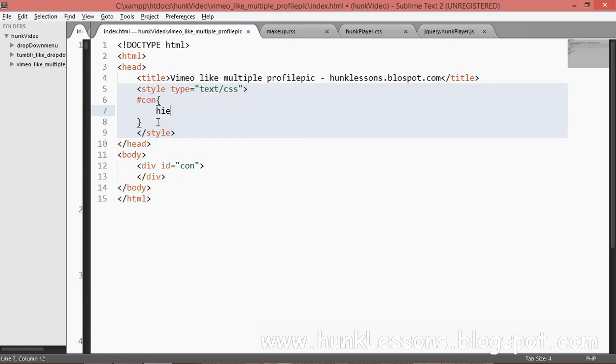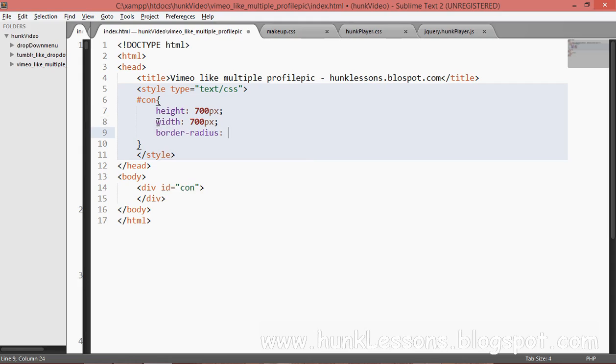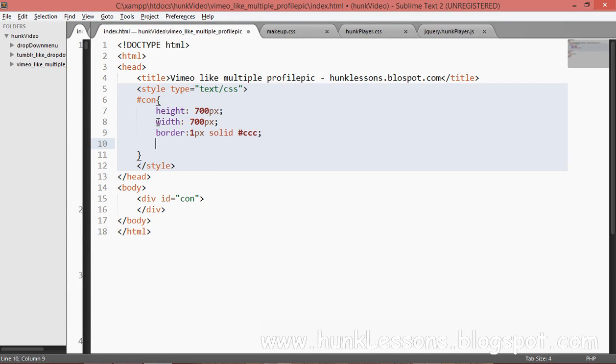We will make its height 700 pixels, width 700 pixels, border radius, and border 1 pixel solid #ccc. Okay, fine, and the background will be #fafbfb.